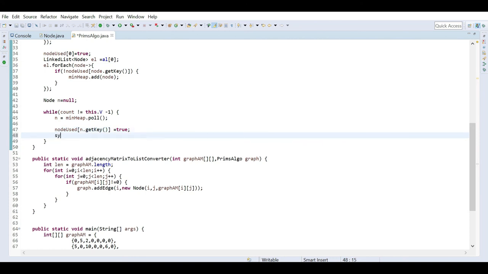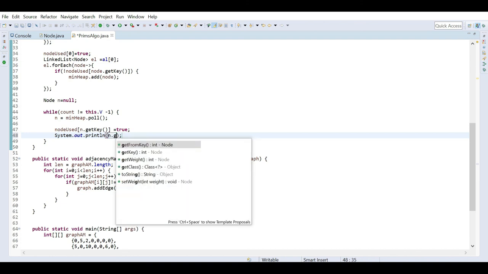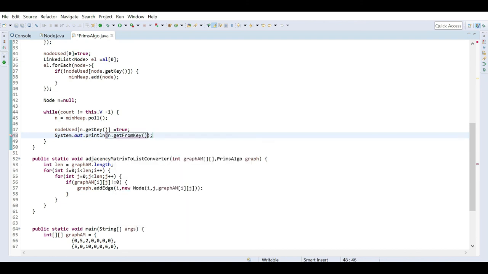And simply I can print that edge, meaning the first path I am able to find. Here I can use n dot get from key, and then I will get the previous node from where it started.